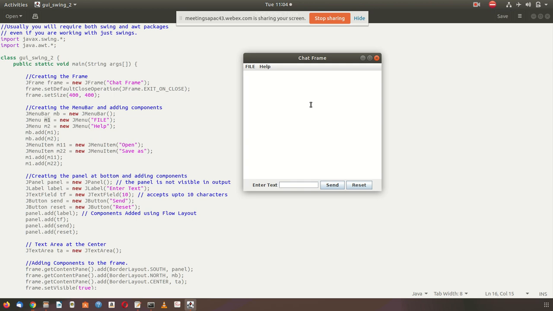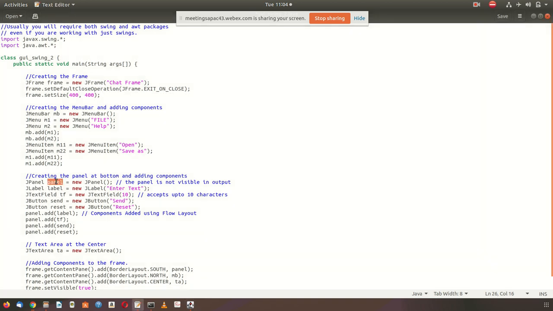Out of this, if you want to put 2 or 3 items always together, meaning if you move one, the rest also, the neighbor also should move, then it is better to make a panel of those 2 or 3 items. So here first there is a panel.